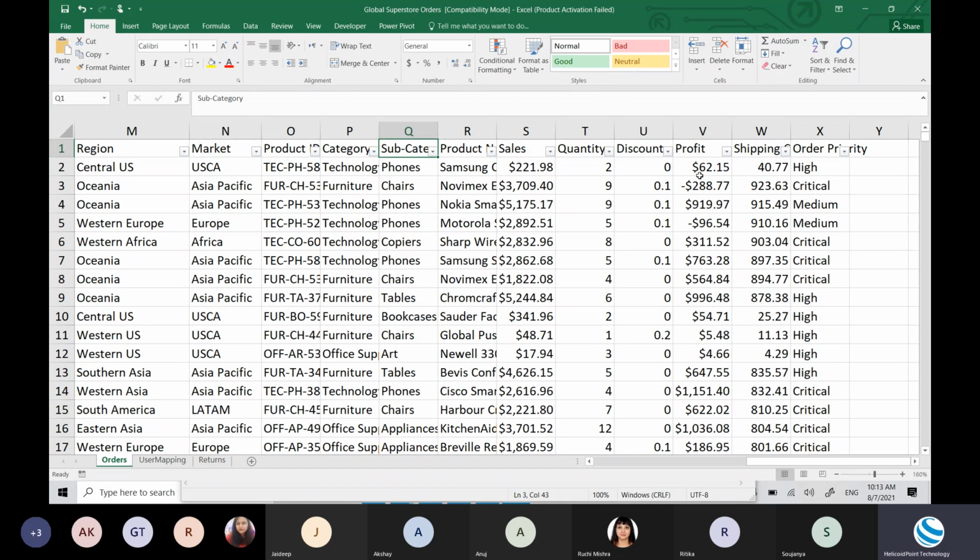By selling Samsung product, how much profit company is making, how much we are spending on shipping cost, on home appliances, and under the home appliances product, what percent of orders are returned by the customer in Australia market. This kind of question VP will ask, and if you give this data to them, they won't be able to